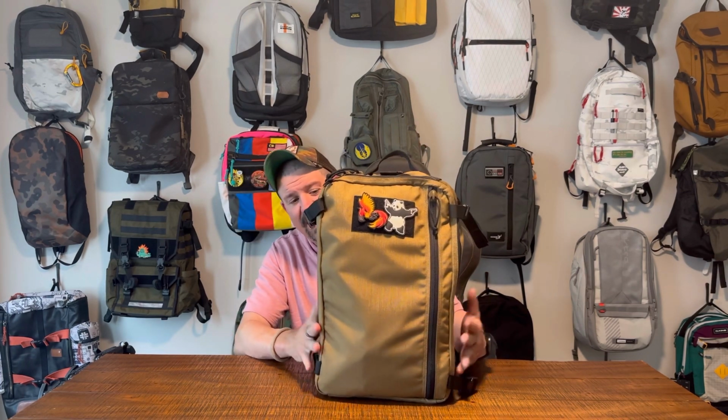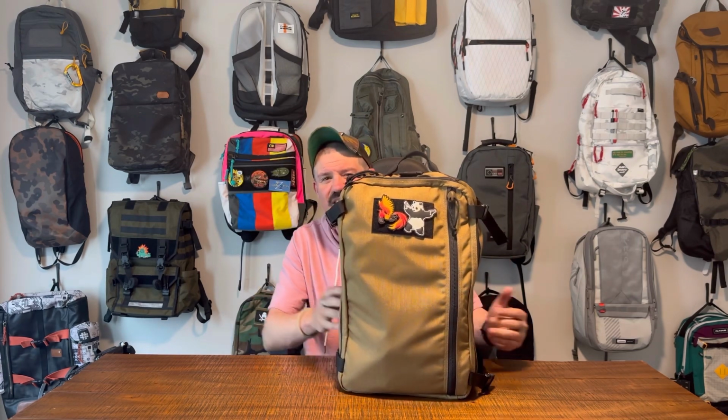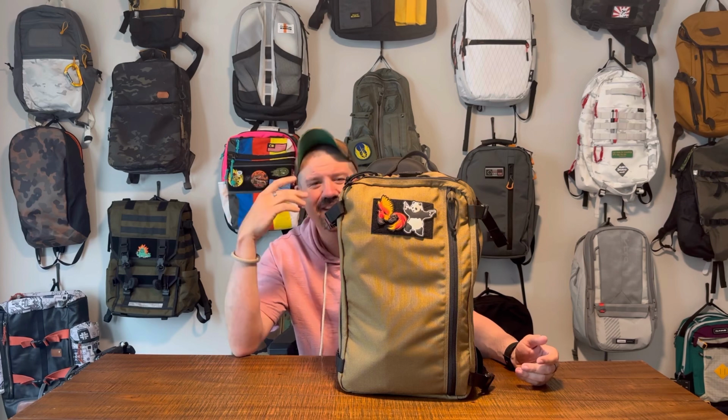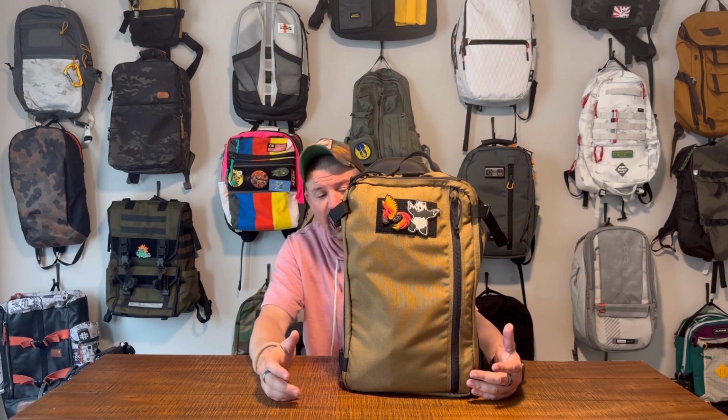All right. So, first off, you can see that this is in that same 1000D Cordura. Think Carhartt overalls. Think robust. Think, really beefy material. That's what you've got going on here, okay? It's a beautiful shade. I love this in the Coyote. You're going to see the interior here in a minute, but of course, just like always for Recycled Firefighter,